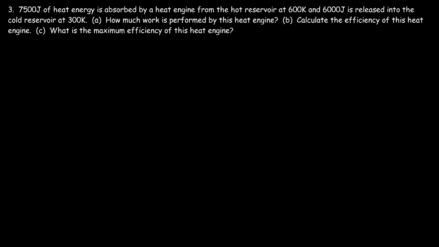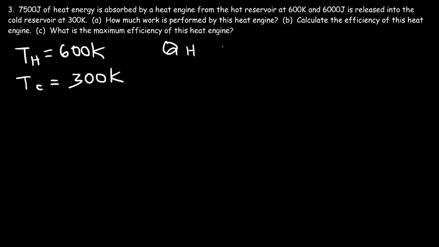Number 3, 7,500 joules of heat energy is absorbed by a heat engine from the hot reservoir at 600 Kelvin, and 6,000 joules is released into the cold reservoir at 300 Kelvin. How much work is performed by this heat engine? You can draw a similar picture as what we did in the last problem, but I'm going to write down the values that we know. Th, the hot temperature, is 600 Kelvin, and Tc is 300 Kelvin. QH in this example is 7,500 joules, and QC is